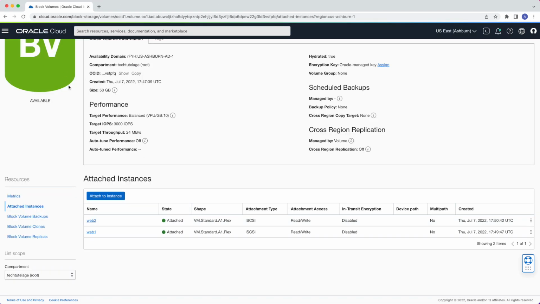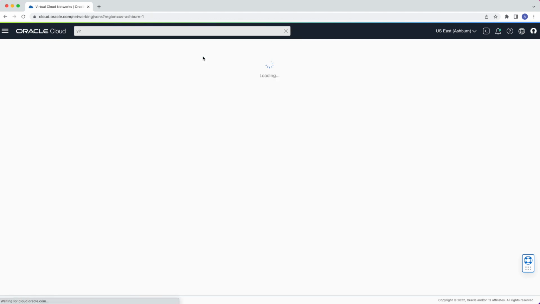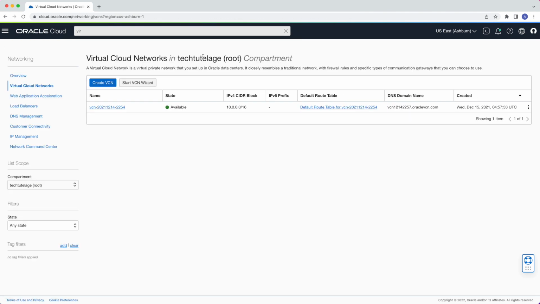So first I'm going to go to my console here and I'm going to search for virtual cloud networks. And here we're going to go, and there's a port we need to open. It's port 7777. Did I say it right? 47. And so once you get here, you're going to click on your virtual cloud network. But one thing to pay attention to is make sure what your CIDR block is. Now mine is 10.0.0.0/16. If yours is different, make a note of this, because this is what we're going to